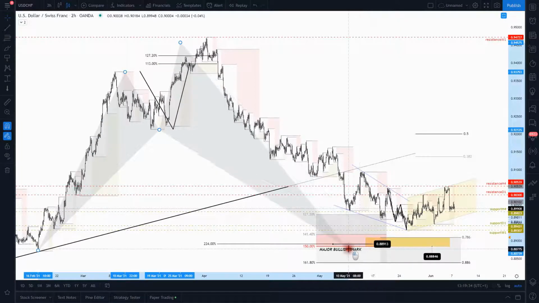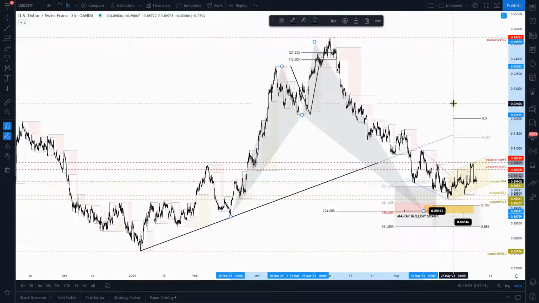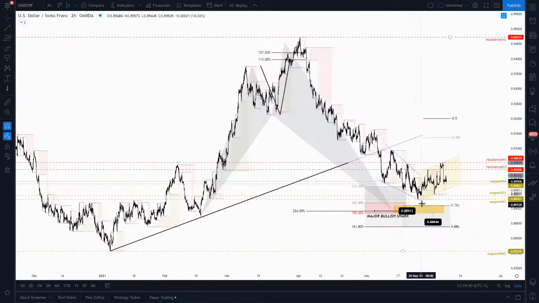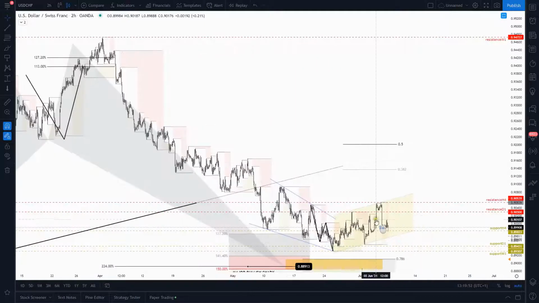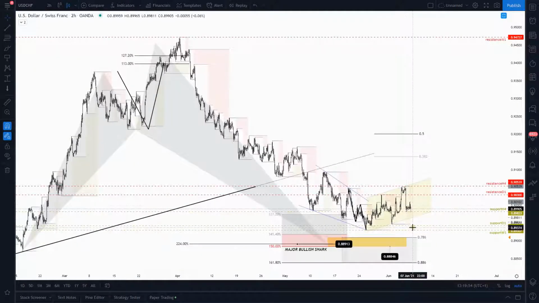I'm still waiting for this major Fibonacci level to be reached. So let's see. At least for me, this is kind of a correction. It doesn't look like an impulsive momentum, so some strong moves, but in both ways. So let's wait. I will wait for 88.91, or an approach to this price zone, which suggests a violation of the current